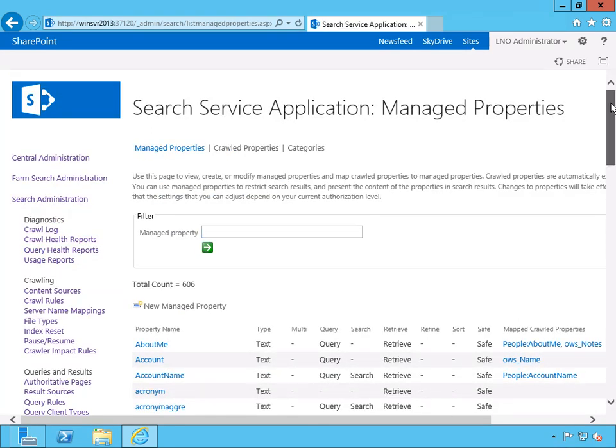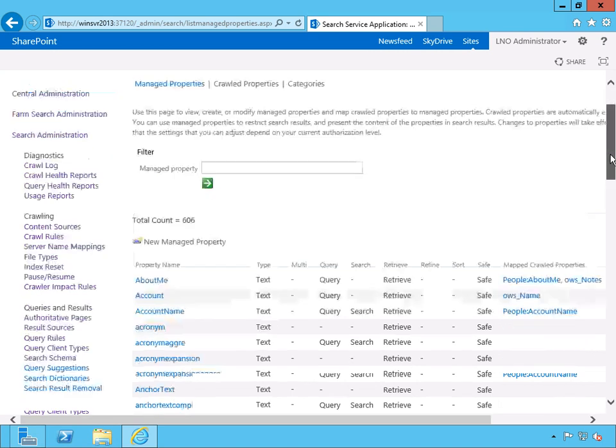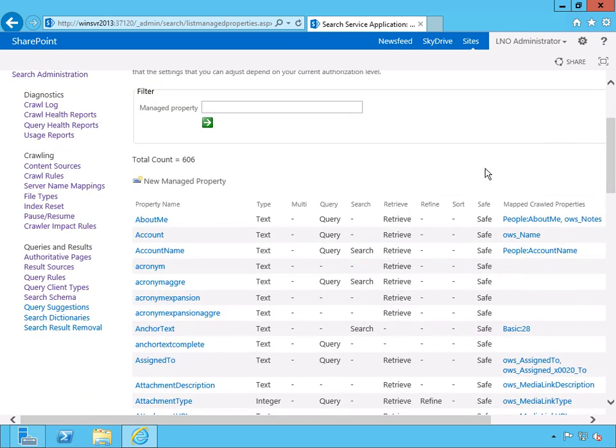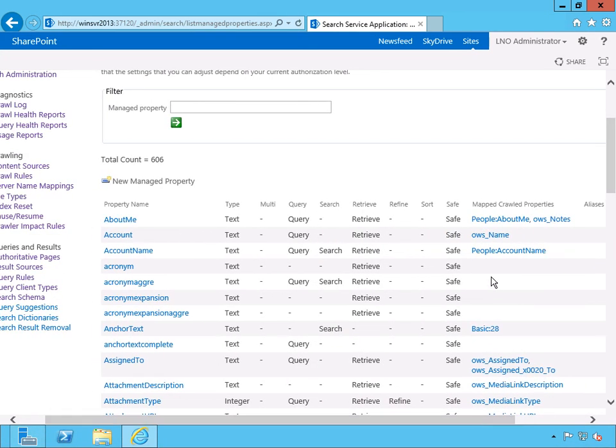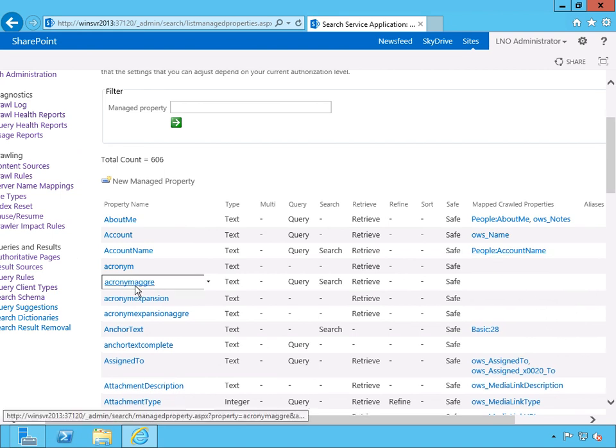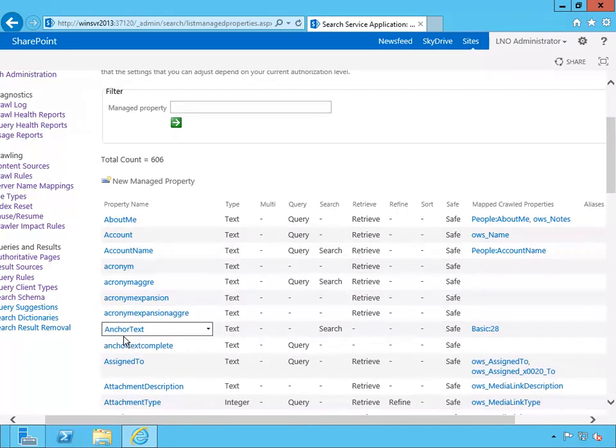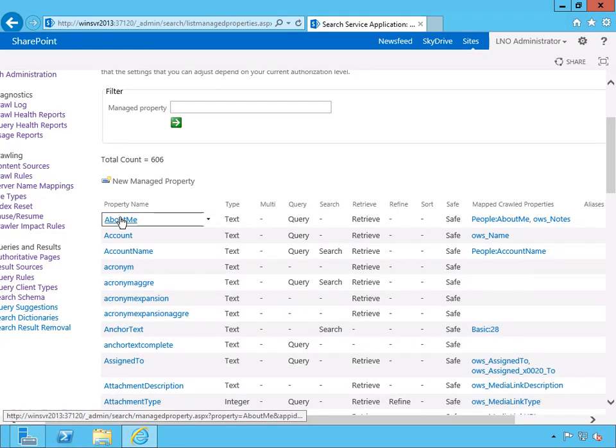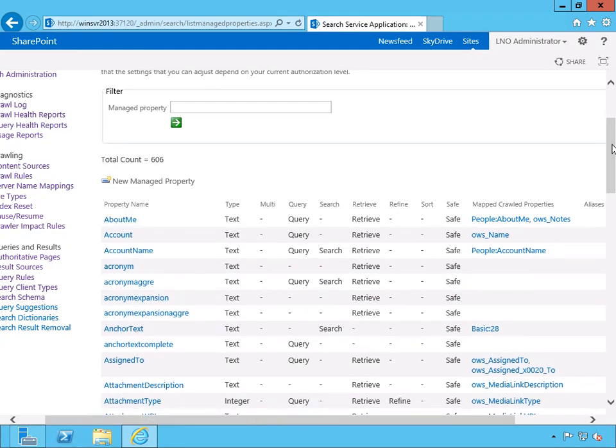And then we've got our managed properties. You can actually see that the managed properties come in from a variety of locations. People About Me comes in from Exchange and from Active Directory. We've got the account name coming in from Active Directory. All of these are various maps. So you can actually pull in the information there, map them over into something that people actually can understand, and